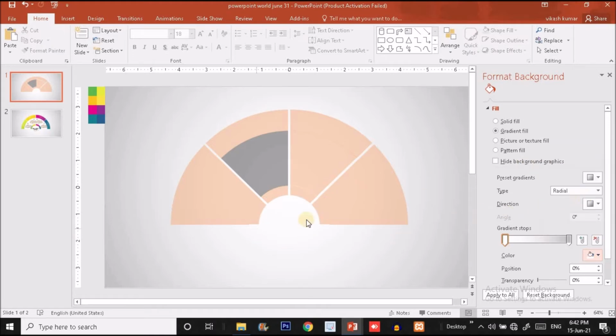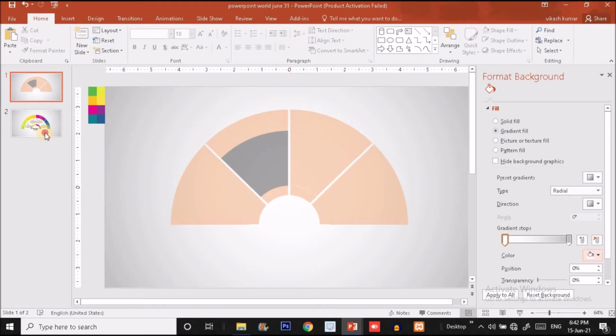Okay, the type is radial. As you can see, there is a gradient effect starting from the center of the slide, like at the center you can see the lighter color. As we move farther, we can see the darker color all around the circular path.